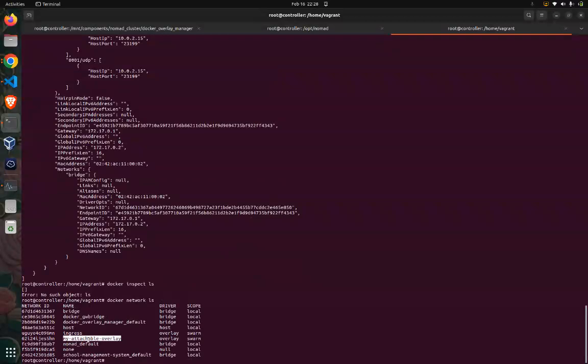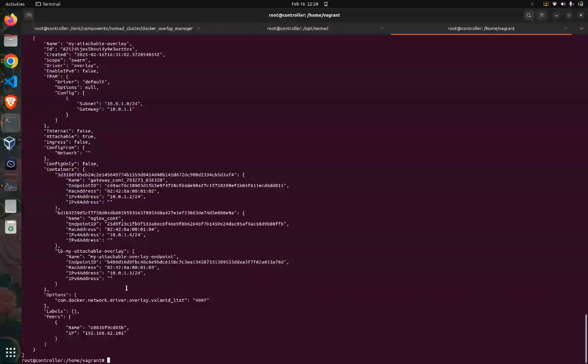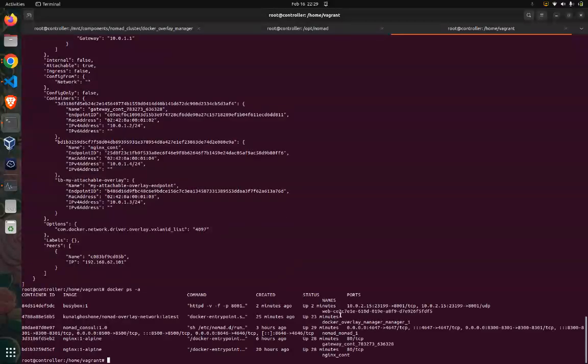Yeah, overlay network in here, my attachable overlay, and Docker inspect. Let me show you what the subnet is. So it's something like this, /24. You can give anything that you want. And now just